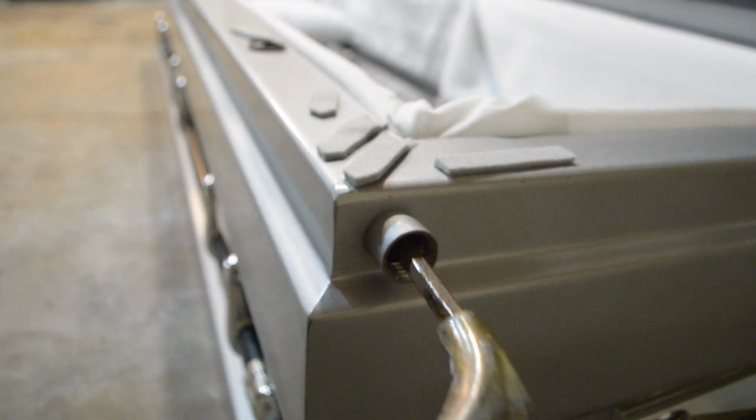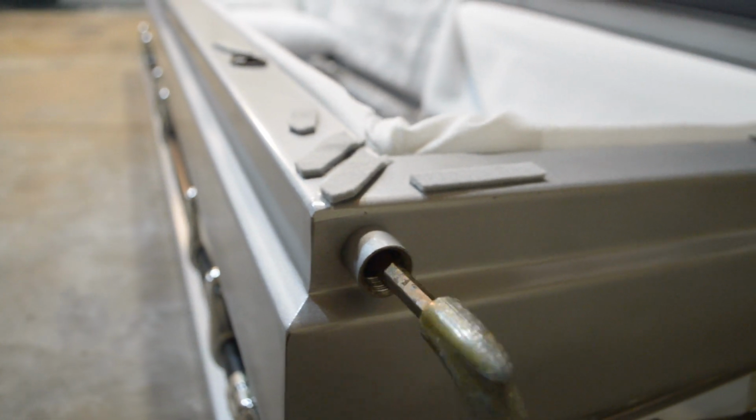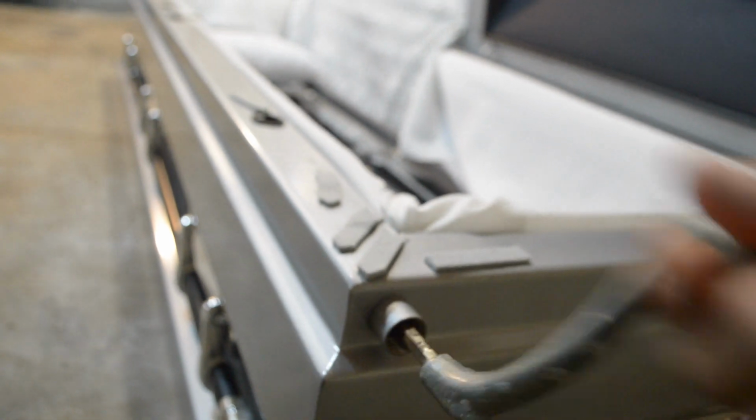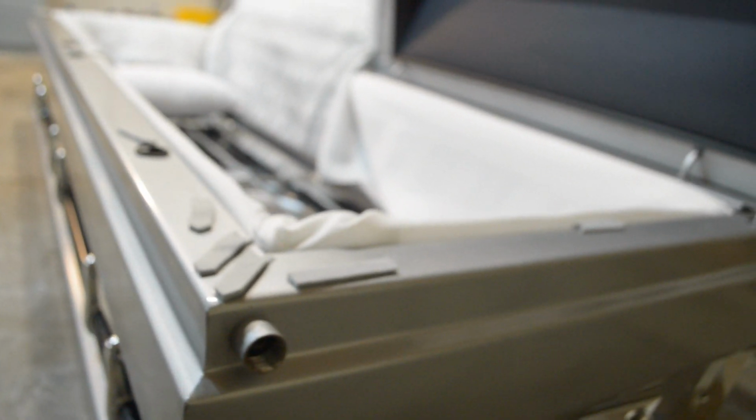But the thing you've got to be aware of is that these things do have locks on them, and this one is at the very bottom corner, and so I think this is, oh, that's going into lock position. But basically they all have locks on them, and they're different locks, and some of them I think you could